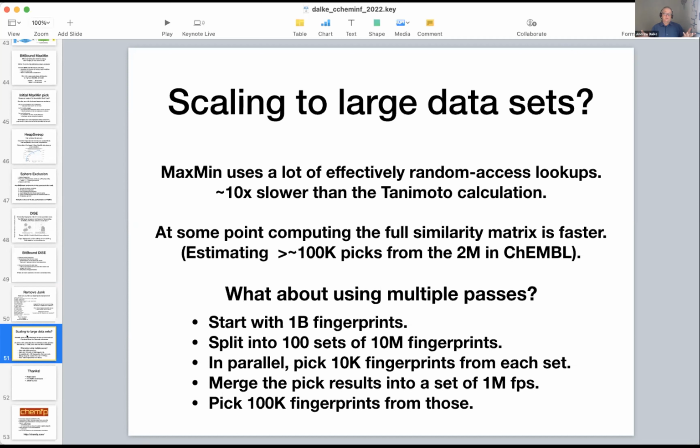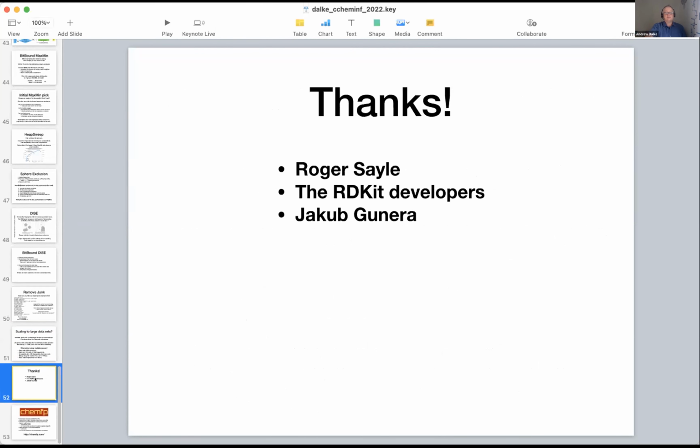So what you might be able to do, and this is something I want to research, is break up the large set, do the max min of a subset of another subset, merge those together and do maximum again. Then I'm curious how that would work. Anyway, that's basically my COVID project, developing these